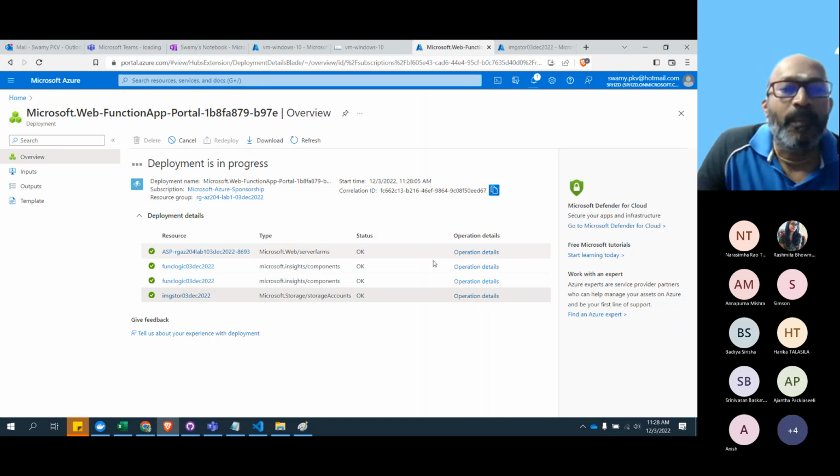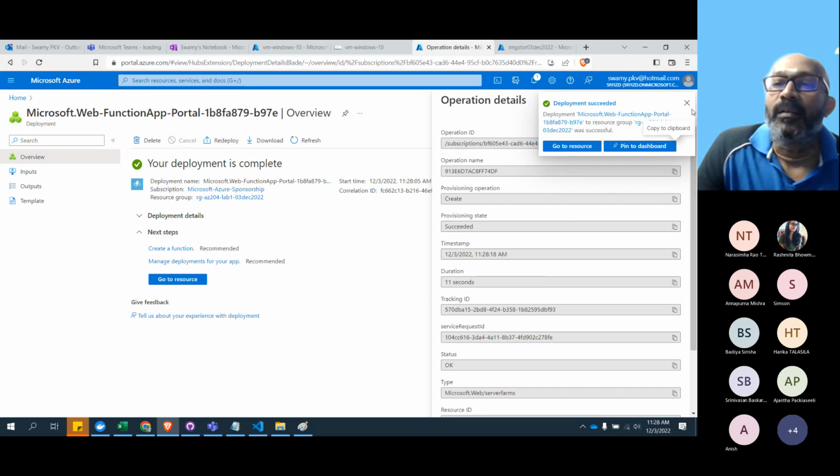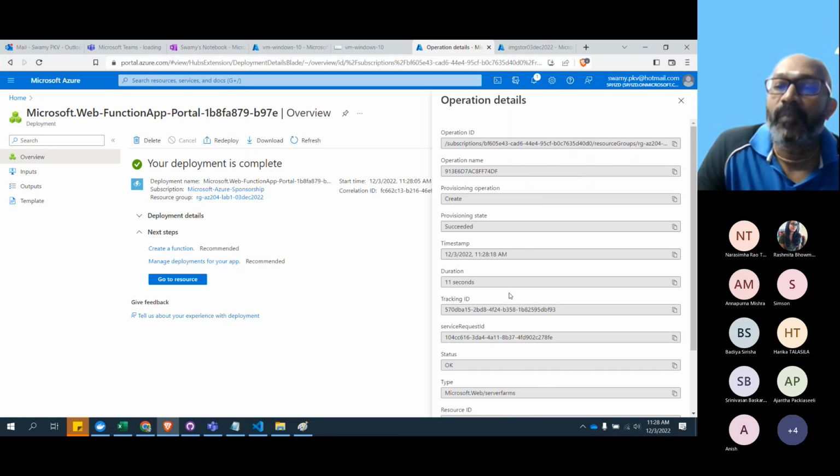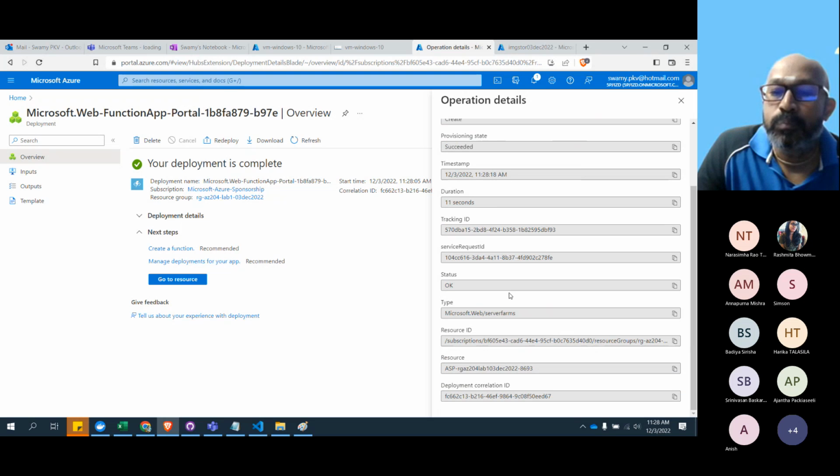Let's see, no problem. So this is the server farms, meaning the app service plan. And I want to show you something else there. Server farms, app service plan.